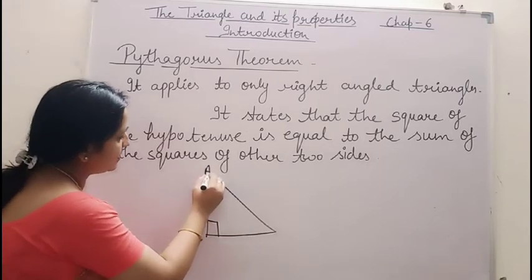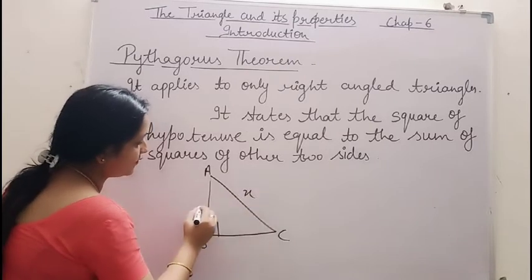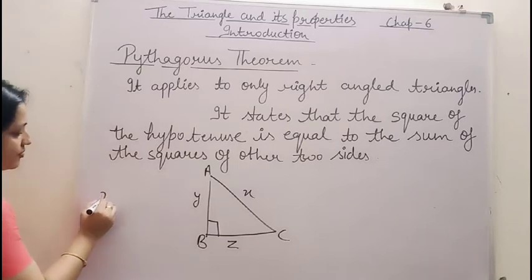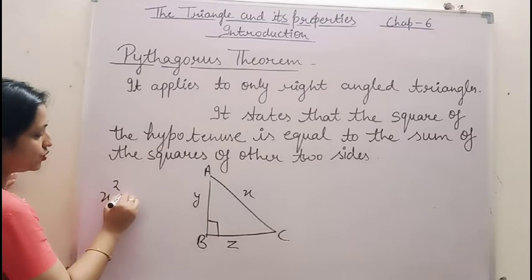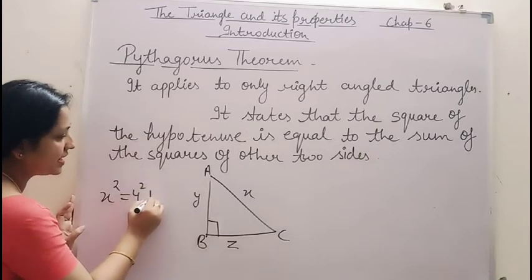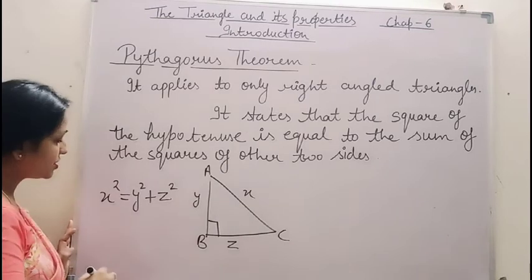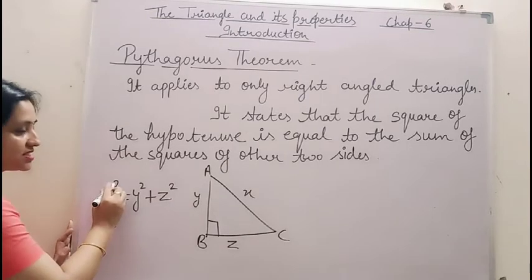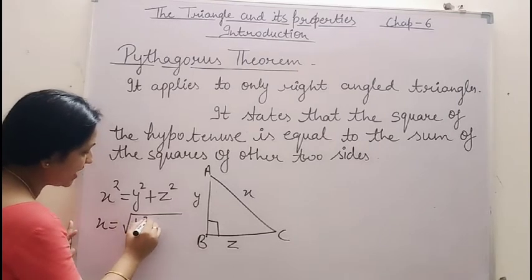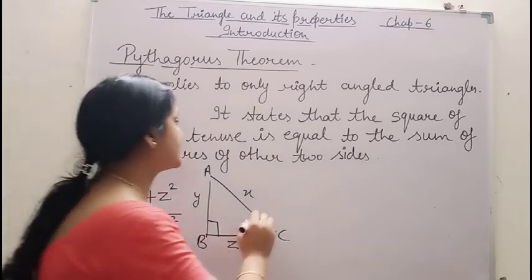So suppose we give them names A, B and C. The values of these, suppose x, y and z. So hypotenuse square is equal to the sum of the squares of the other two sides. It means y square plus z square. If we want to find the value of x, we will transpose this square from the right hand side. So it will be under root y square plus z square. Okay, now for example,